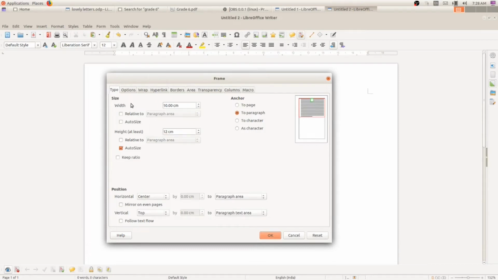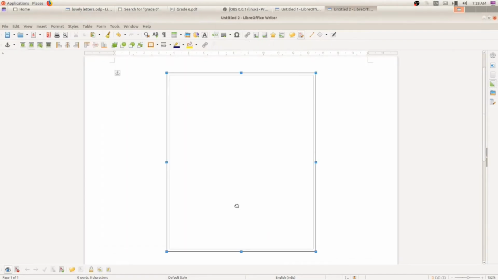Now I am going to click OK here. What happened? A 12 centimeter height and 10 centimeter width frame is created now.